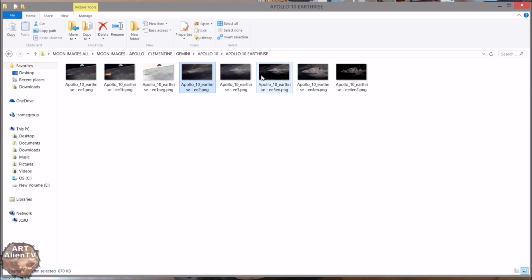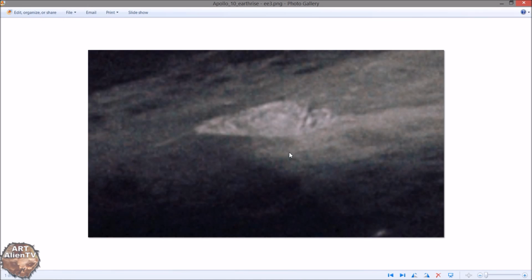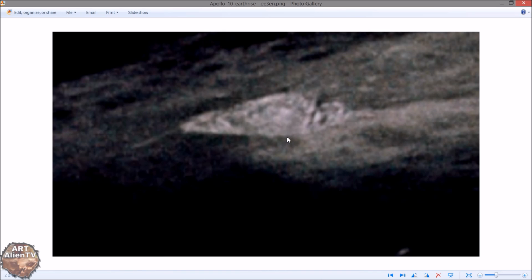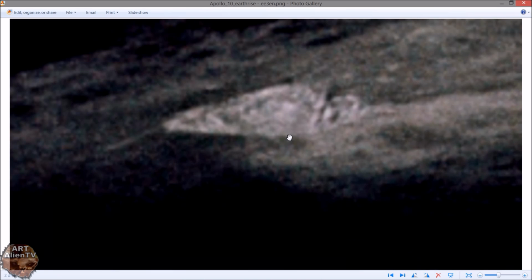Now, I did a couple more enhancements, and I'll show you. That's still a raw clip. It's just a bit closer. Nothing done to this whatsoever. And I'll show you the enhancement here. Now, all I've done here is up the contrast and darken it a bit. That's all I've done. I haven't done anything drastic to this. As you can see, it's just a bit darker. I've given it a little bit of Gaussian blur just to get rid of a little bit of the pixelation